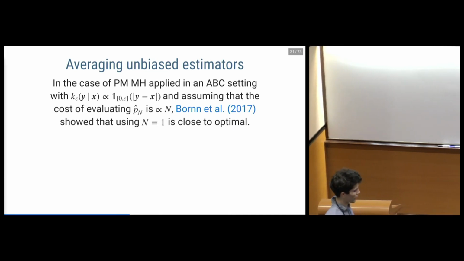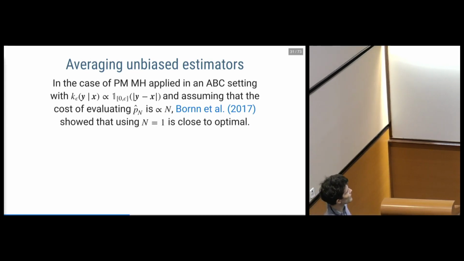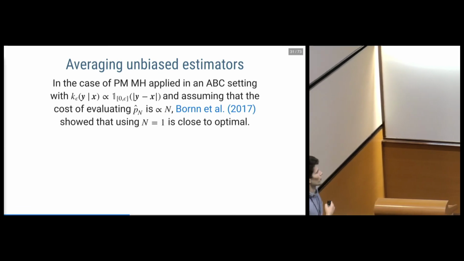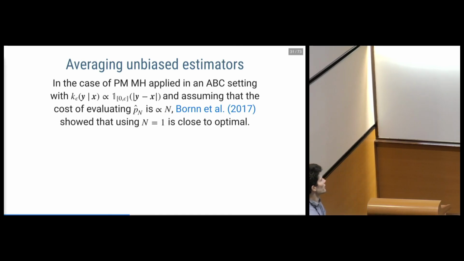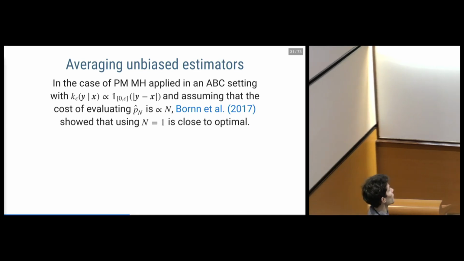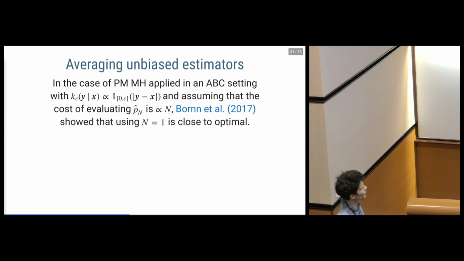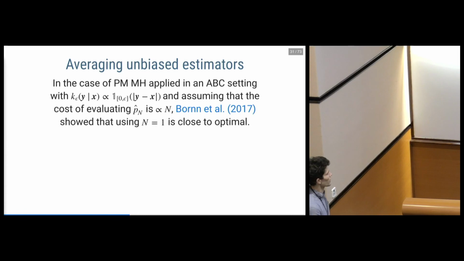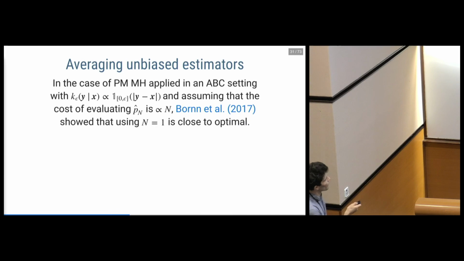and gives this guideline that under an assumption that the cost of evaluating each density estimate is constant, such that the overall cost of evaluating n density estimates scales linearly with n. So what this is kind of ignoring is if there is, for example, some fixed overhead or values that can be pre-computed in this density estimate, say, which can then be amortized across different individual instantiations, or maybe if we have access to parallel compute resource such that there isn't this kind of linear scaling with the number of samples.